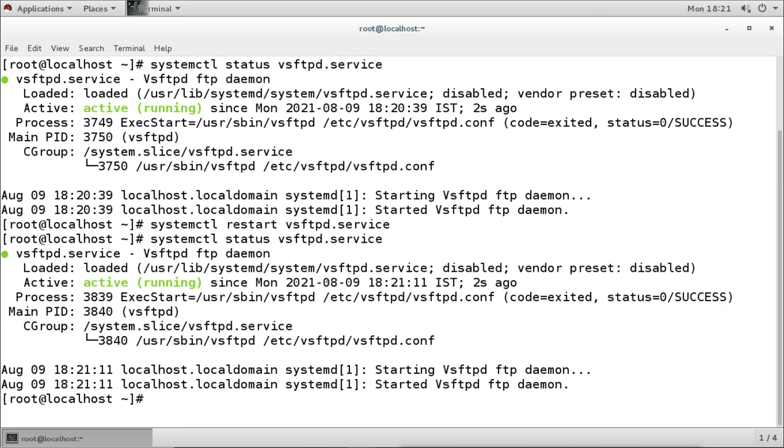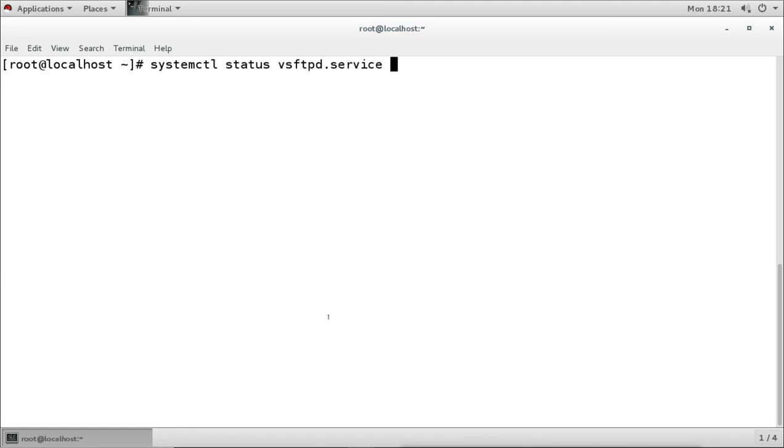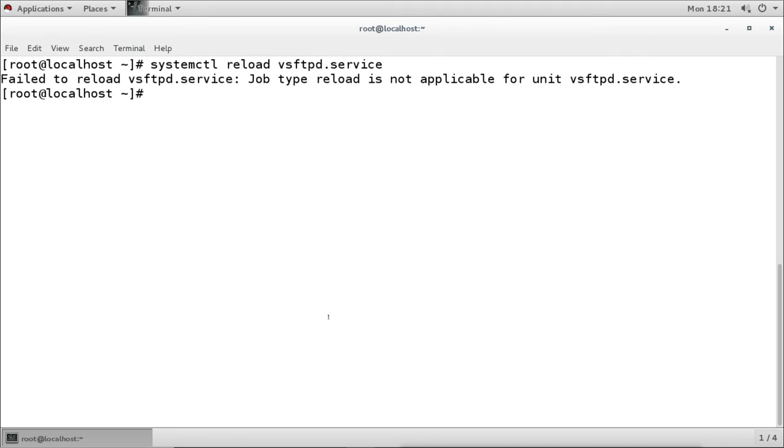Now if you don't want to restart the service, because restart means it is going to shut down and restart, and if some users are connected, they will be disconnected for some time, we can do reload instead of restart. Reload will reload it without restarting it. Now this is not applicable for this .service application unit, but it is applicable for others